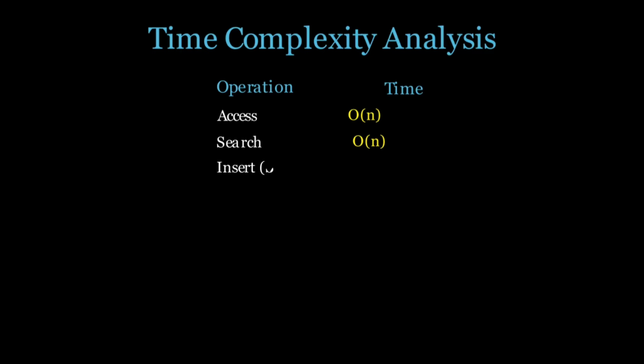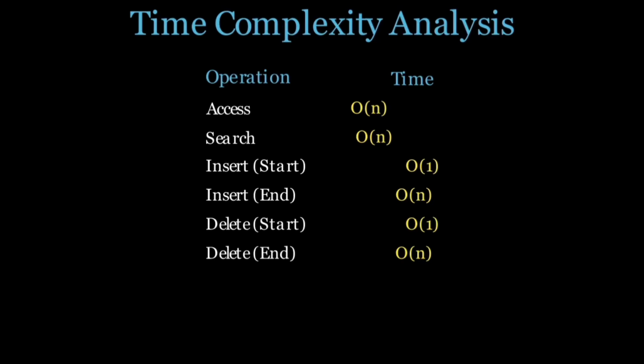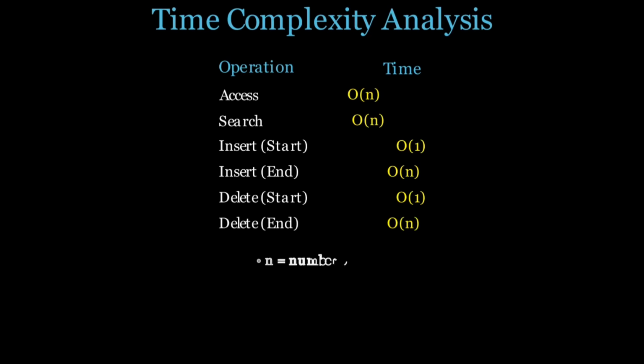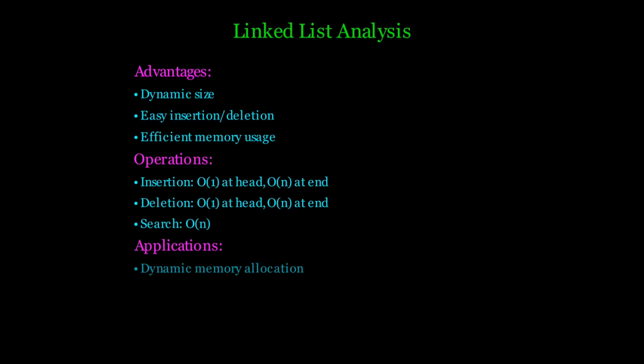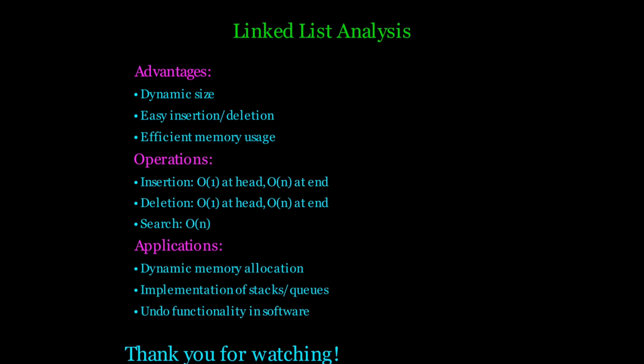Alright, further moving on to the time complexity. Accessing and searching the elements takes O(n) because traversal from the head is required. Insertion or deletion at the head is O(1) since it involves only updating the pointers. Insertion or deletion at the end is O(n) since traversal to the last node is required. So linked lists are used for dynamic memory allocation, for the implementation of stacks and queues,